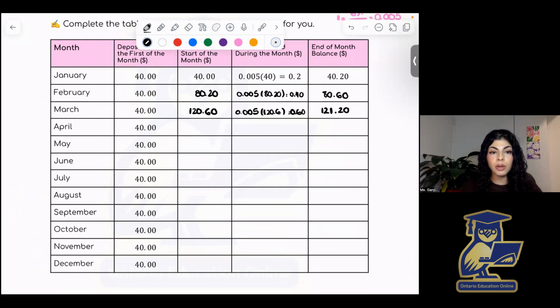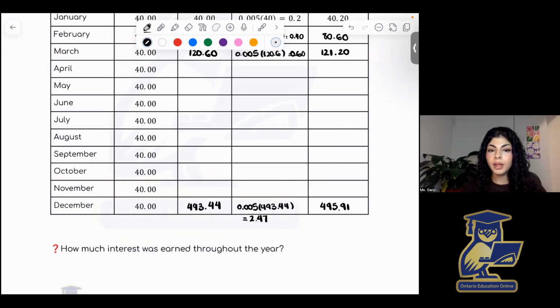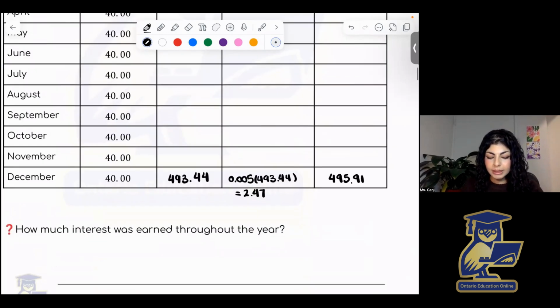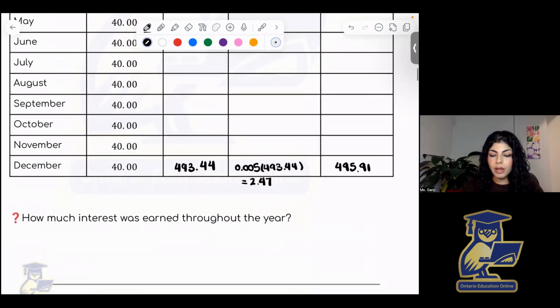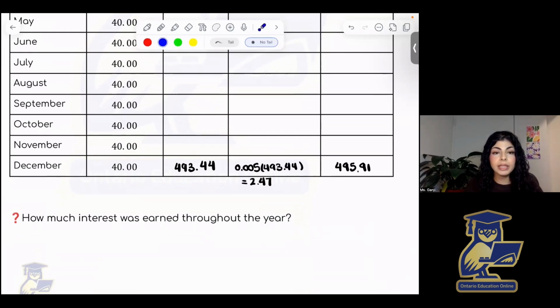I'm not going to be showing you all the answers, but I will show you the last row because if you have been doing it correctly up until the last row, you should get the same value. So for the last month in December, you should have got that the balance at the beginning of the month is $493.44. And if we earn 0.5% interest on that, that will be 2.47, which means at the end of the year, we have accumulated